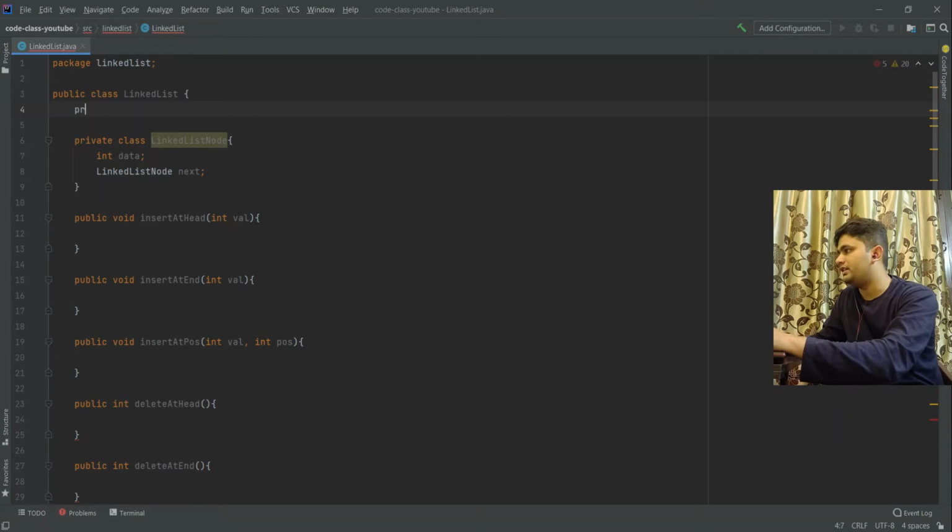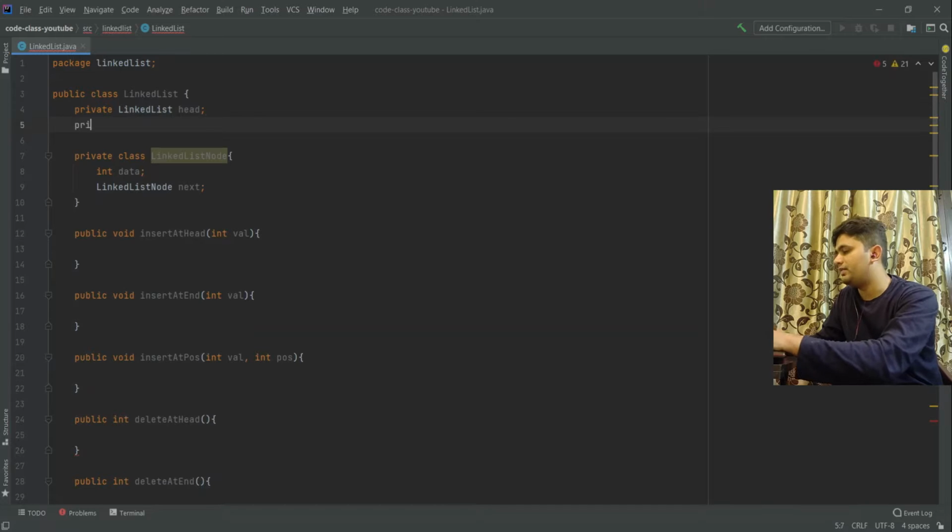We will be creating a private linked list head, and a size that we want to return.